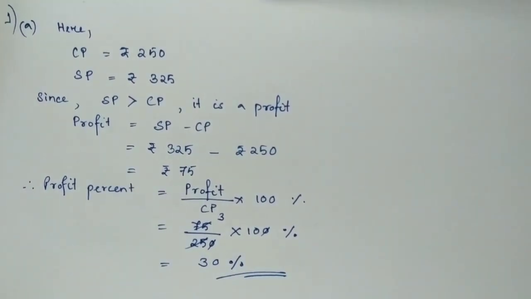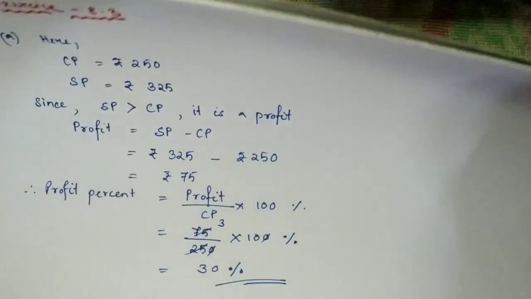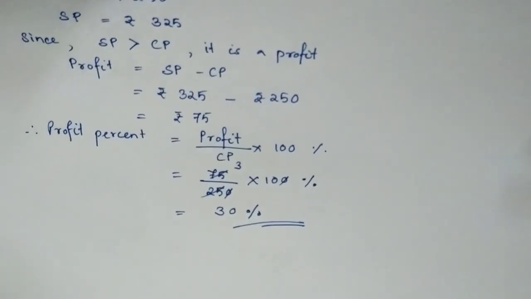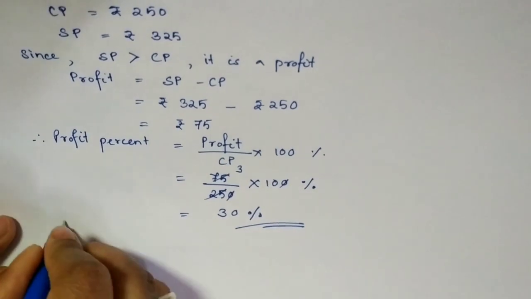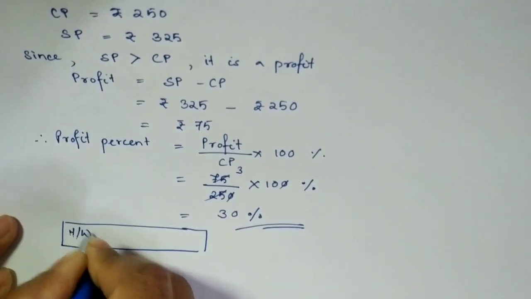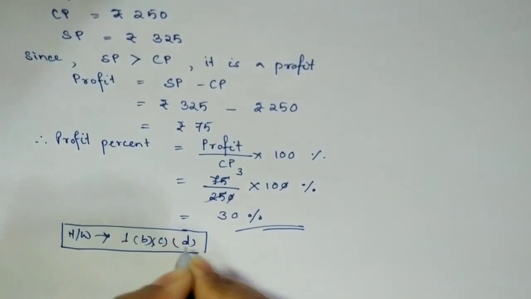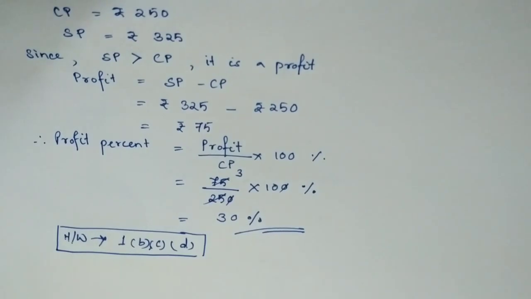So what you have to do is, you have to write down what is the cost price and selling price, compare them and see whether it's a profit or loss. Find the profit or loss in the particular thing, and then find out the percentage. So in this way, I would like you to try the remaining sums, 2-3 sums that are given of question number 1. Homework will be question number 1, B, C and D. You can try this as your homework. Okay, these are simple sums where it is given and then you can do.